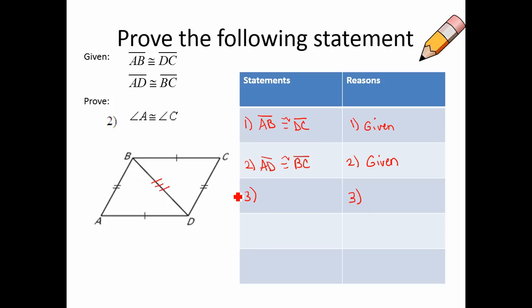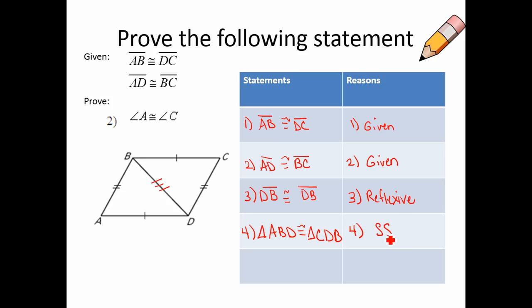So again, they're sharing this side right here, so we'll say DB or BD, either way, is congruent to itself because we see the reflexive property happening there. And then we would now have the two triangles congruent to each other by side, side, side. So I would say triangle ABD is congruent to triangle, let's go CDB,